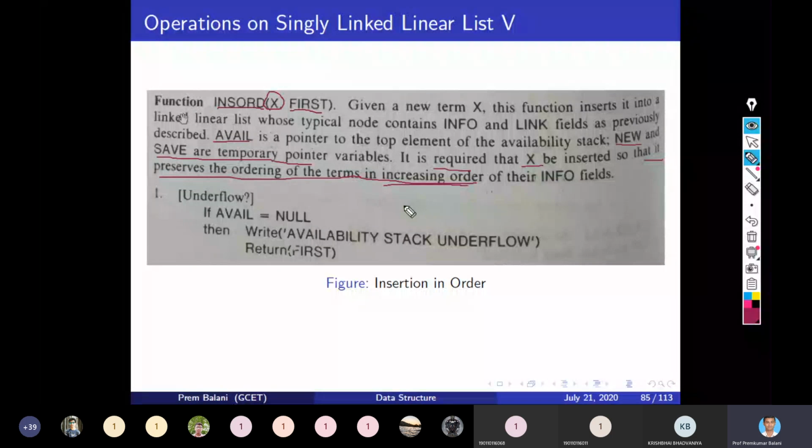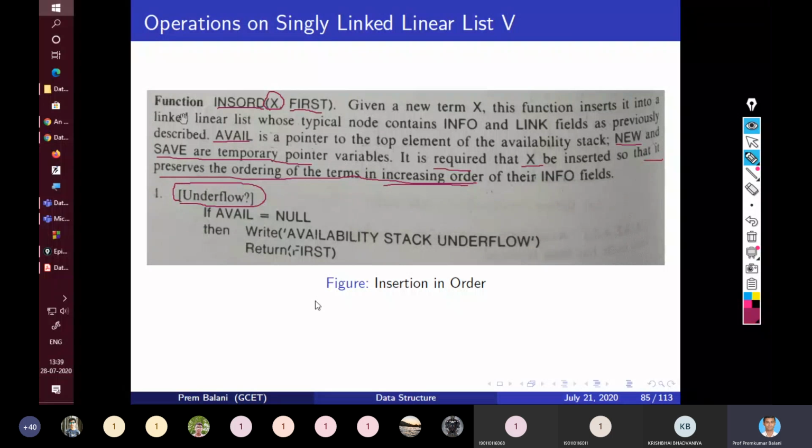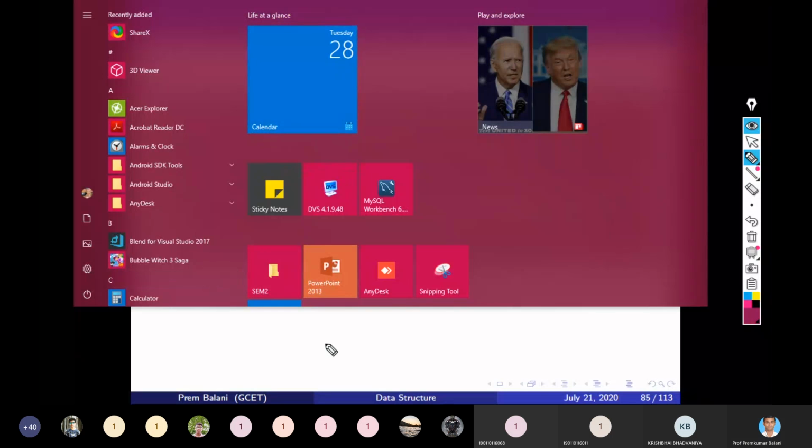So let's go through the steps. First of all, you have to check the underflow condition. Why underflow condition? Because the node which you want to add into the linked list must be available.